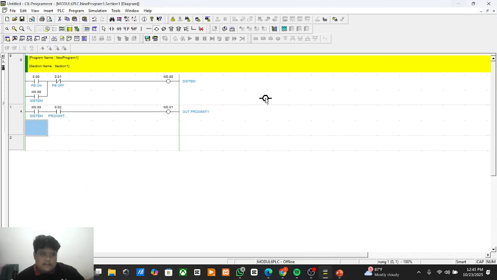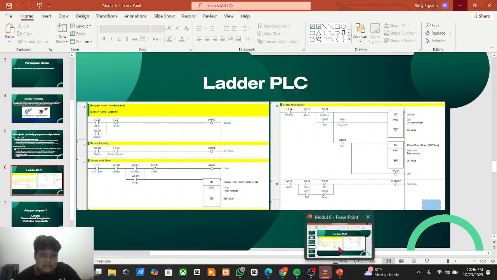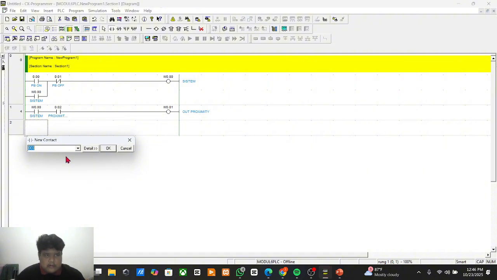So that tags the address of the contact for the switch timer here. Here is the switch timer and our proximity here, and the timer here before the timer.